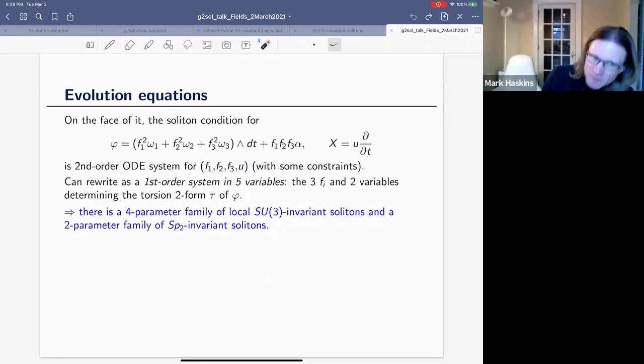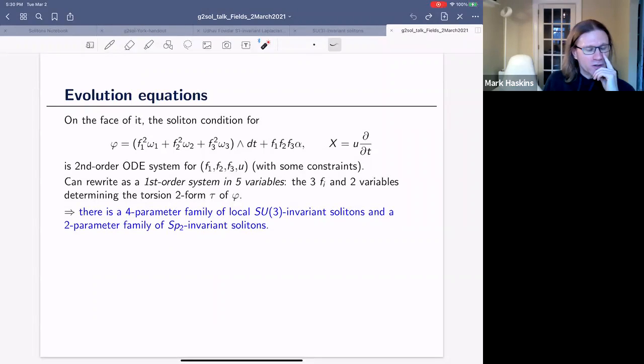But it's possible to rewrite it in a nicer way so that in the end, what you get is a first order system in 5 variables, where the 5 natural variables are these 3 coefficients f1, f2, f3, and then